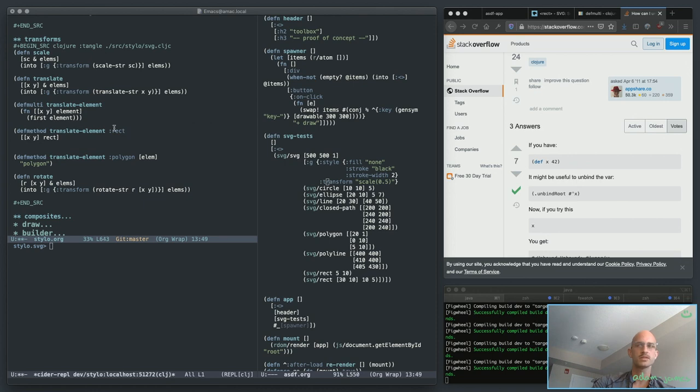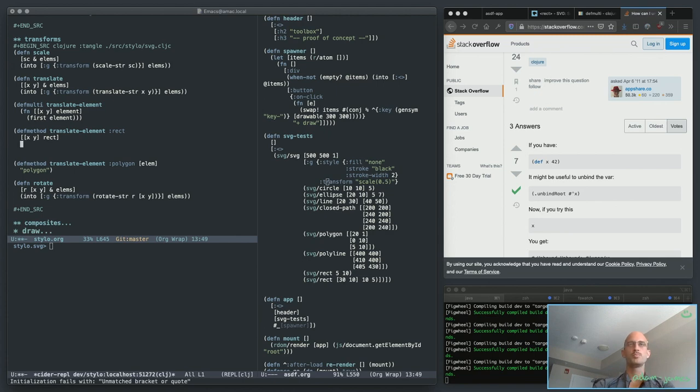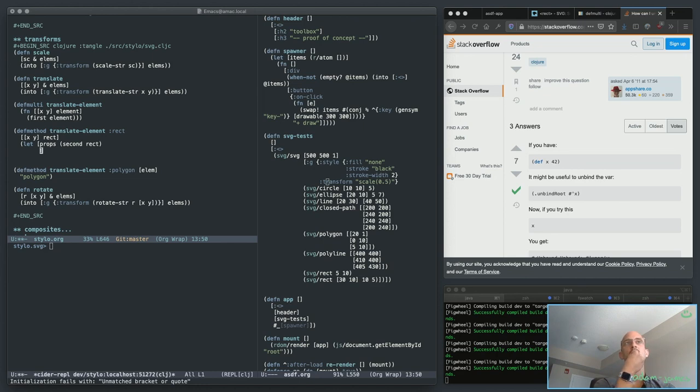But we've got here, okay, rectangle, XY, and the rectangle. And to translate that, let props be second from the rectangle, guaranteed, and then